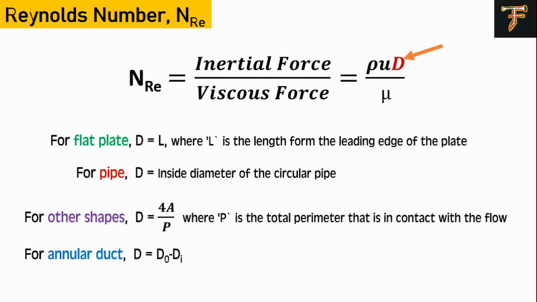Here we will discuss the surrounding conditions. So by looking at this formula, that is Re is equal to rho v d by mu, where d is deciding the surrounding condition. So looking at the flat plate, d is equal to L, where L means from where the fluid has started and finally where we are analyzing the Reynolds number. Talking about the pipe, this d will be equal to the inner diameter of the circular pipe. But when we come to other types of shapes, like the rectangular shape or square shape, at that time d will be equal to 4a by p, where a is the cross-sectional area and p is the perimeter where the fluid is in contact with. And finally, the annular duct, where d will be equal to the outer diameter minus inner diameter.